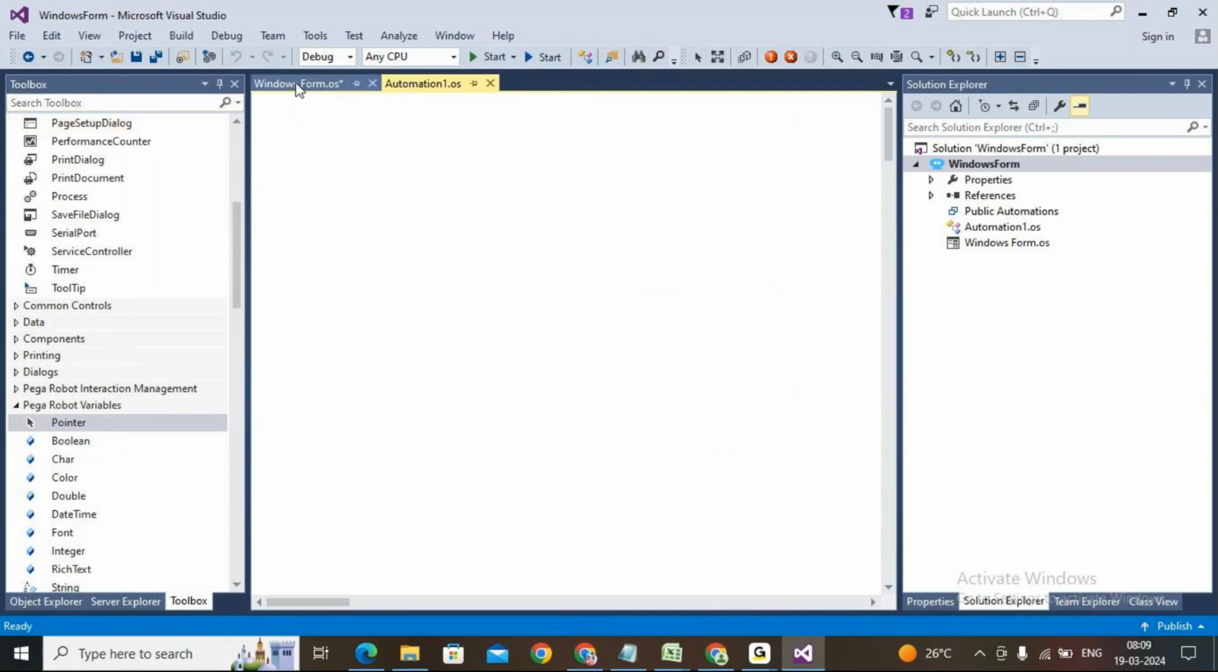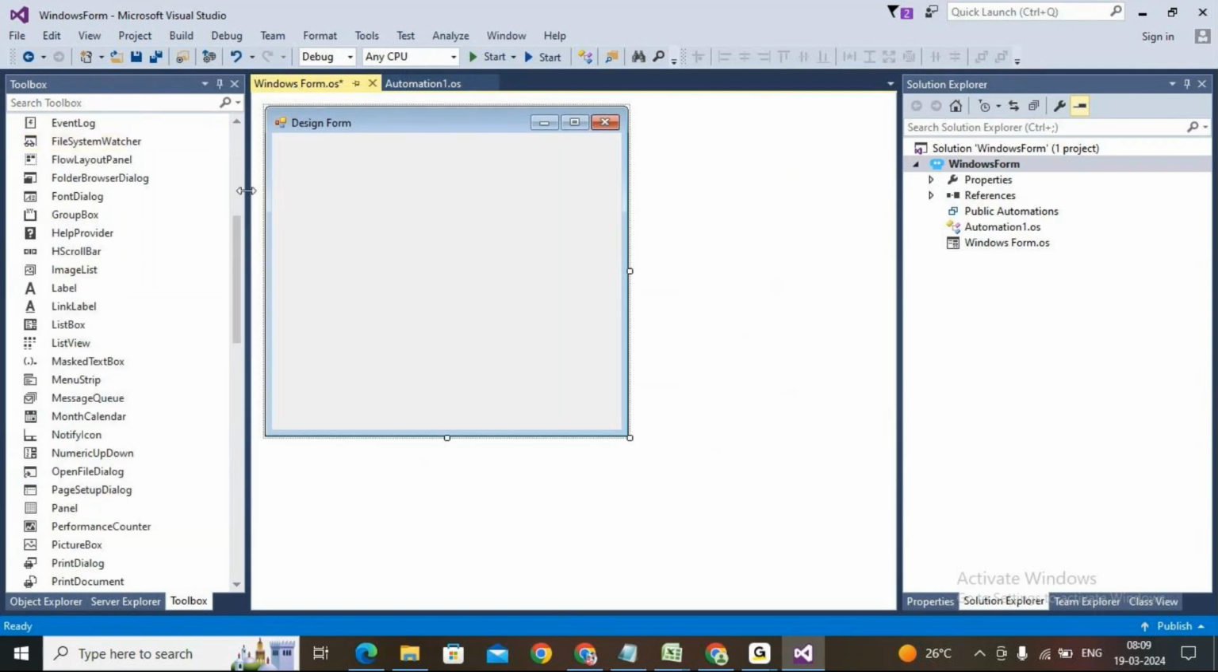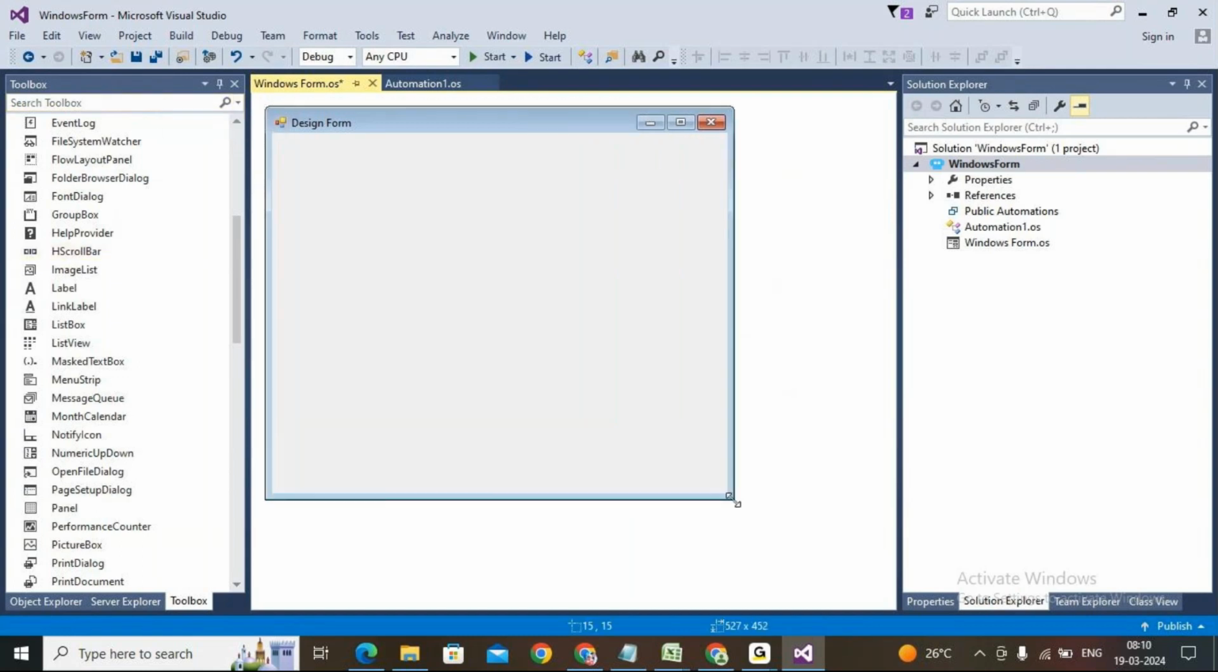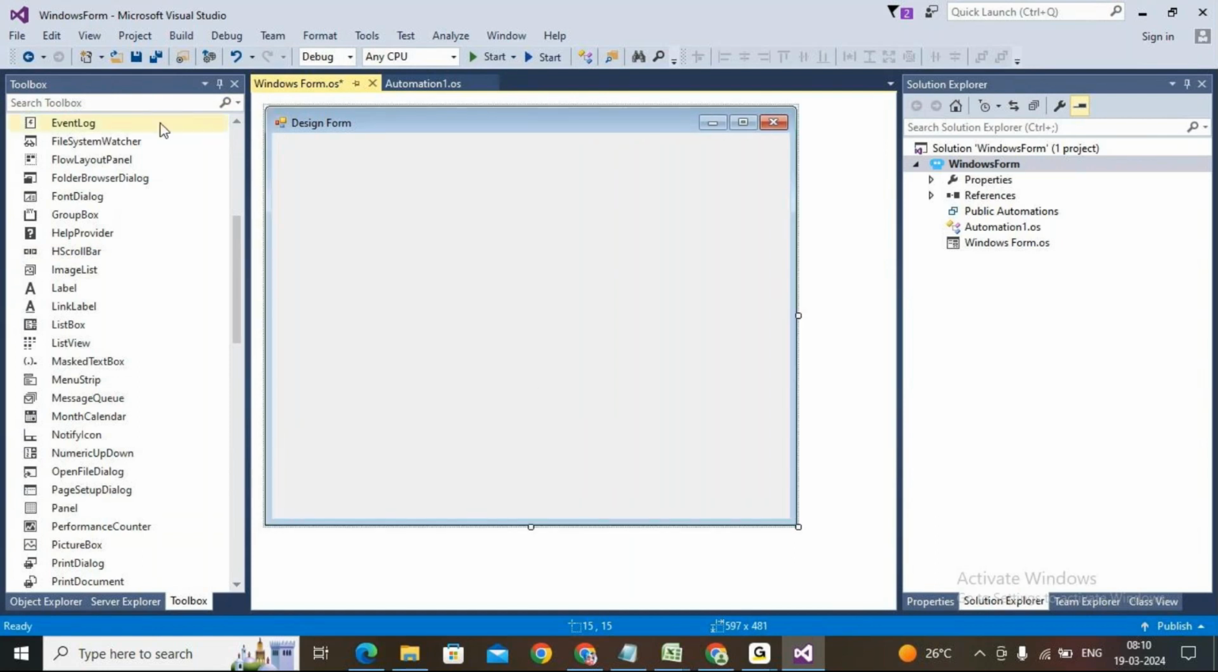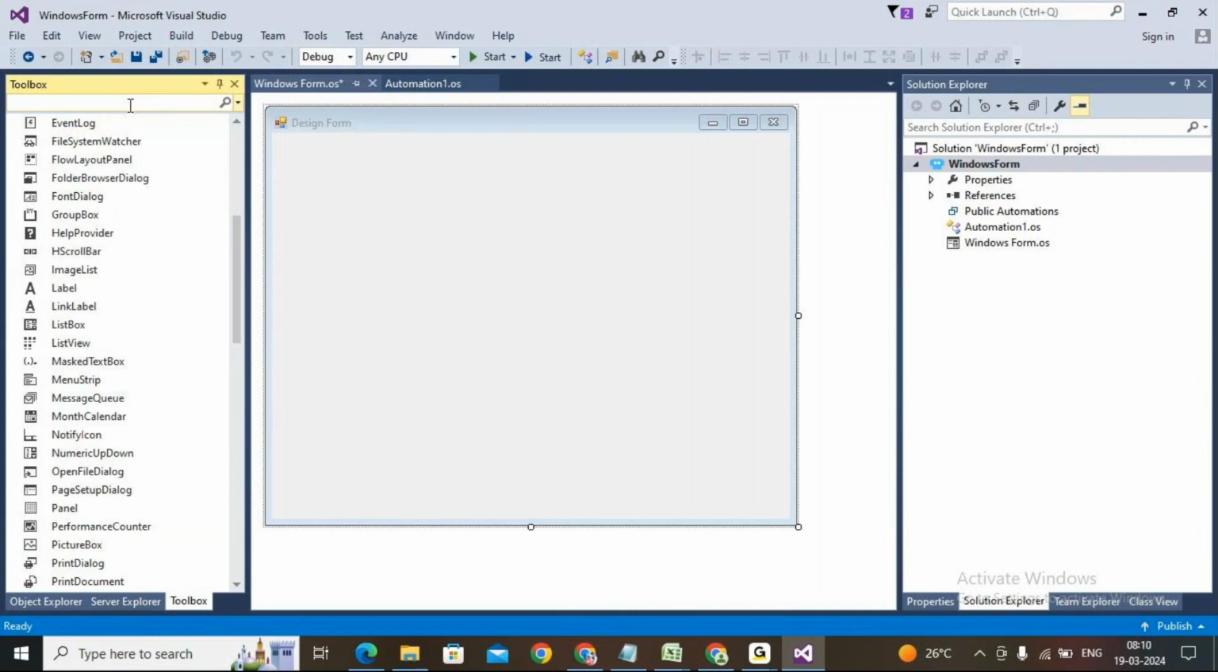So I'm going to Windows Form, and I see the relevant components available related to the design form. If I want to create any label information or any text box information, all these things we can find here. We can define our own Windows Form, whatever we want as per our requirement. But what are the components we can use, I'll show you. First is label,